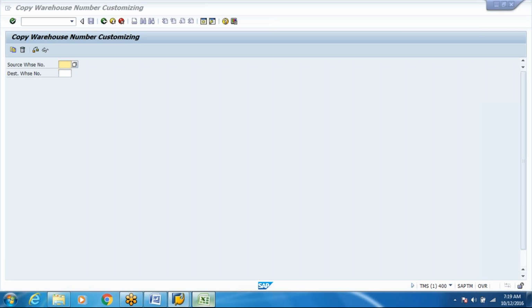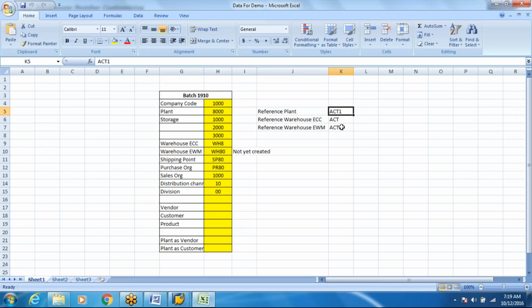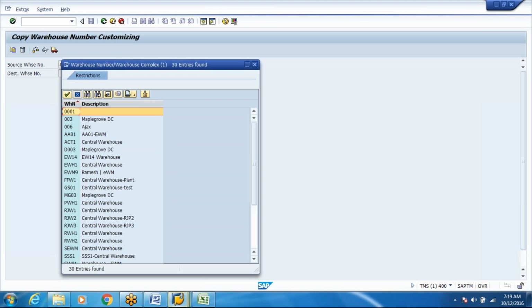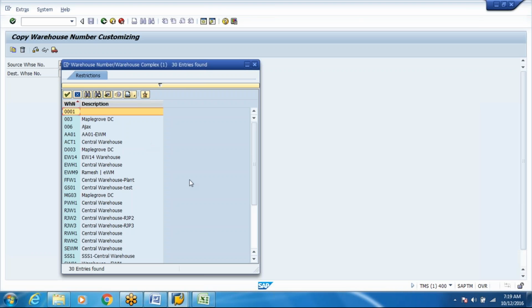So as I've mentioned in my reference document, the reference plant or reference warehouse is ACT1. Okay, I'm just copying it from ACT1. So this is a reference warehouse from where you have to copy a config. For people using some other system, you can use a template warehouse. Generally the standard EWM system has a template warehouse. Let's say it starts with